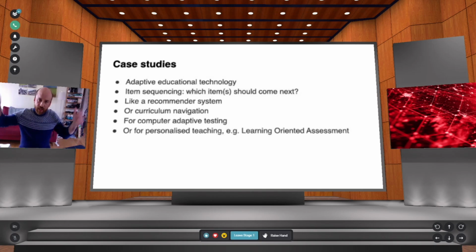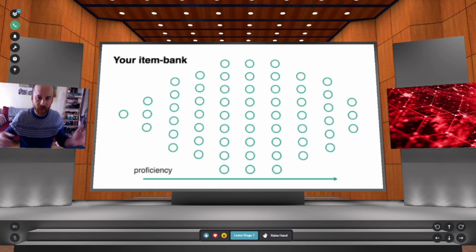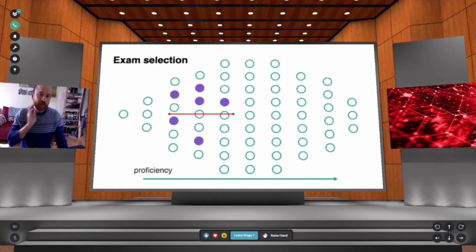So let's say, again, here's this kind of fictional item bank of many items. Each circle is one of your items. And here we've got an expectation of increasing proficiency as we go from left to right in our curriculum. Traditionally, your classic exam will involve some kind of selection from your item bank. You might pull out 6 items, for example, and they'll be testing a proficiency range of some kind. But of course, it'll be fixed in advance. And so therefore, you will know about your student's performance within that proficiency range.